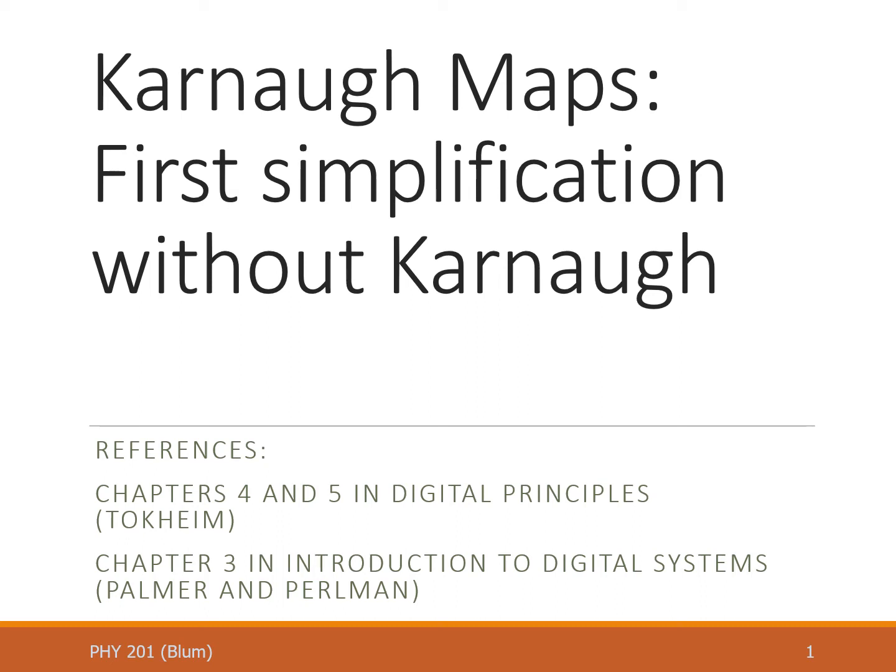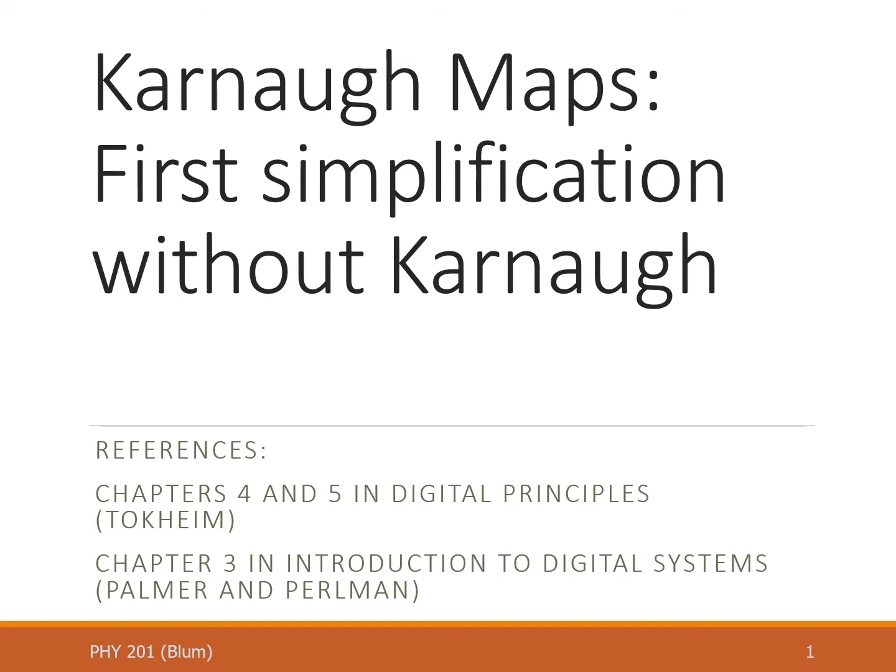Previously, we have studied truth tables and learned how to write an expression for a truth table using the sum of product approach, and then using the product of sum approach. Now we will learn how to simplify a truth table to write a simpler expression when that is possible. First, we will do it without what's called a Karnaugh map, and this will motivate the Karnaugh map approach that